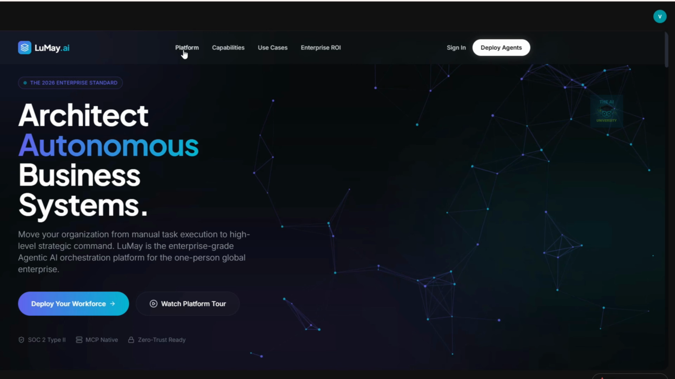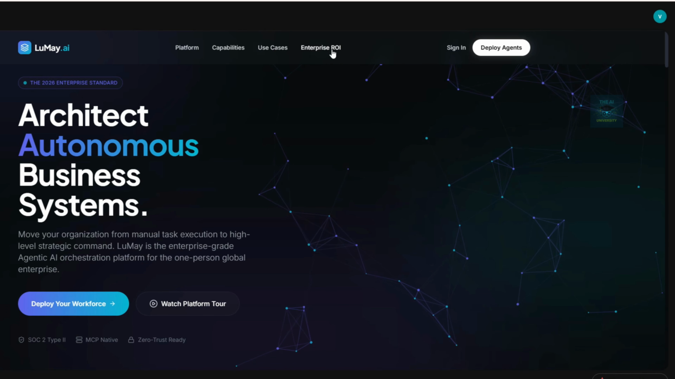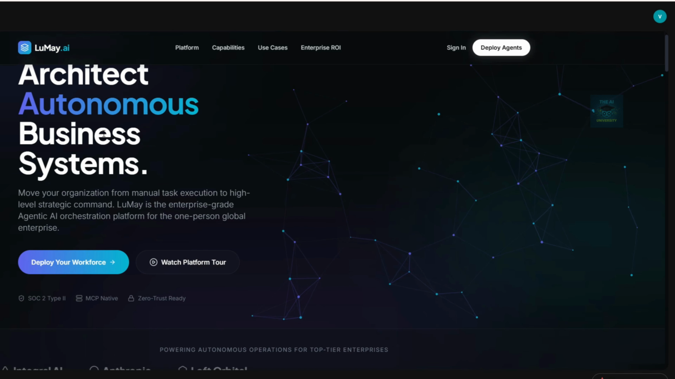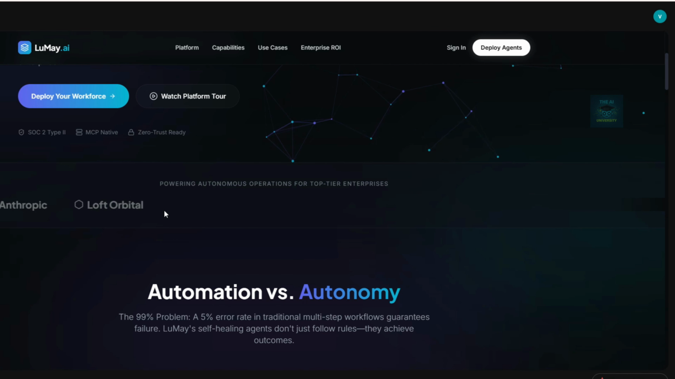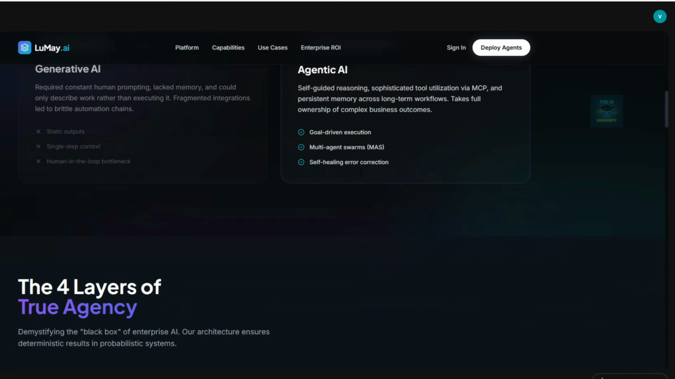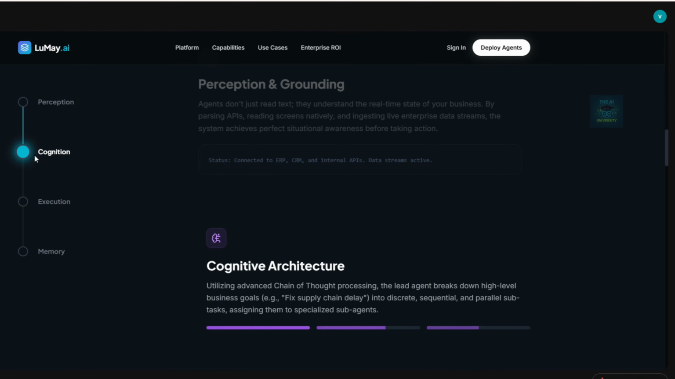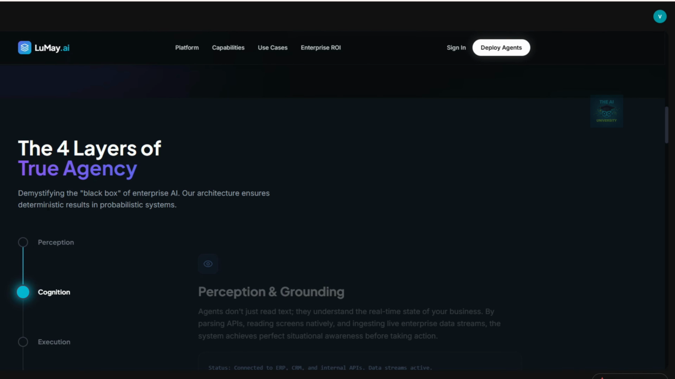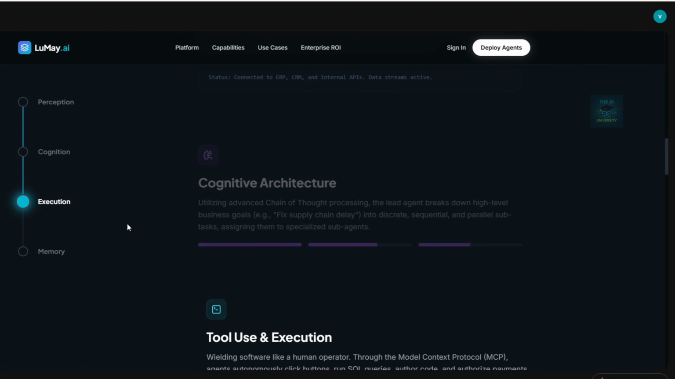You can see that it has a navigation bar at the top with platform, capabilities, use cases, enterprise ROI, and several other buttons, right? You can see this hero section is really attractive. Then we have this moving product bar, automation versus autonomy, right? Then you can see the 4 layers of true agency, and it's quite amazing that it's animated as well. You can see that it has moved from perception to cognition, and then now as we scroll down, it is